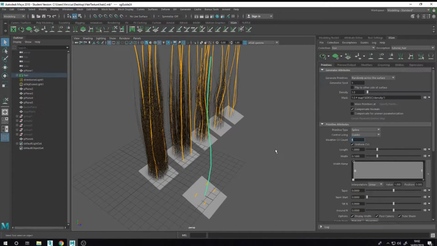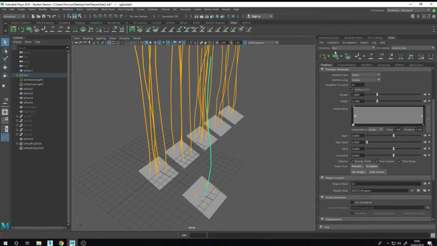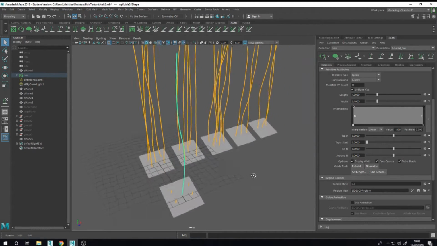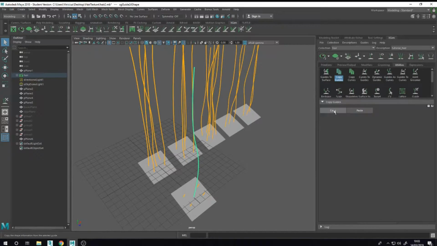Increase here the CV count to like 30, and rebuild to 10, 15. Okay, it's good. And now I can copy and paste to the other ones.